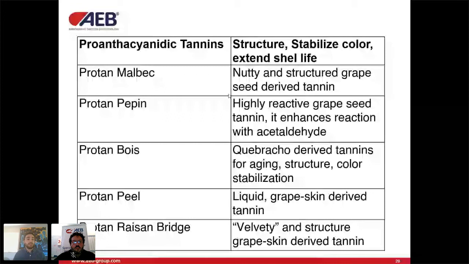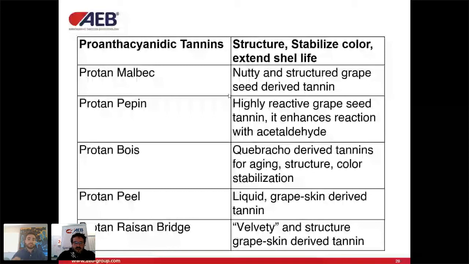However, they differ from the source. So the protein Malbec and the protein pepin are derived from the grape seeds, while the protein peel and the protein resin bridge are derived from grape skins, and the protein boys is derived from quebracho. Quebracho is a wood. However, it is rich in this polymeric condensed tannin,